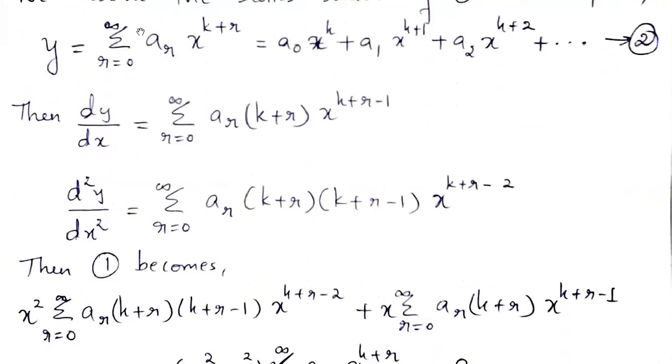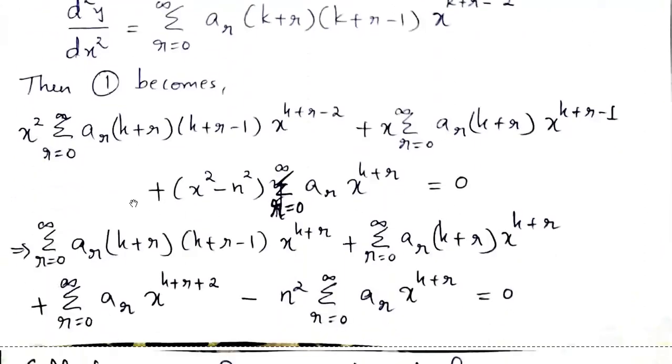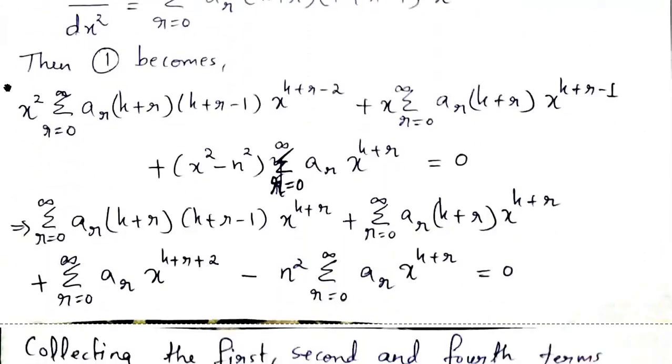So by substituting the values of y, dy by dx and d square y by dx square in equation 1, it changes to this form. So we get x square into summation r from 0 to infinity ar k plus r into k plus r minus 1 into x power k plus r minus 2 plus x into summation r from 0 to infinity ar into k plus r into x power k plus r minus 1, and the last term is plus x square minus n square into summation r from 0 to infinity ar into x power k plus